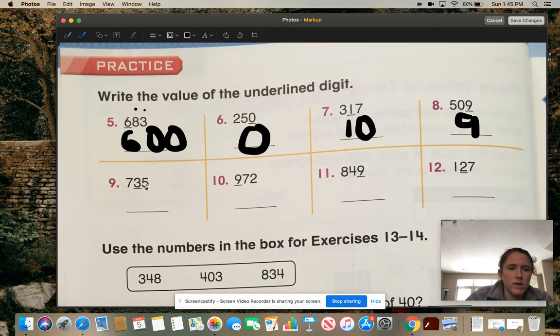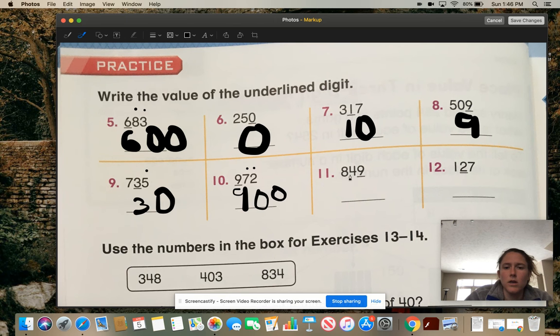735. So the 3 is in the tens place. So the 3 would be worth 3 tens. 3 tens is the same thing as 30. If you got stuck, remember there's one number behind it, so it would be 30. 972, there's 2 numbers behind it, or you could think the 9 is in the hundreds place, so that's worth